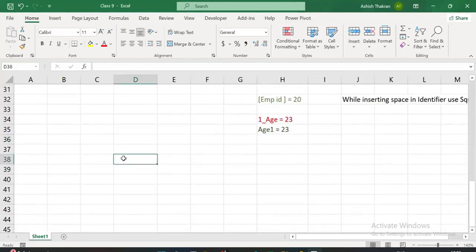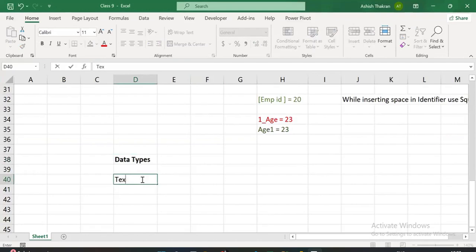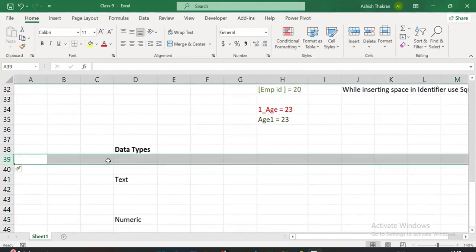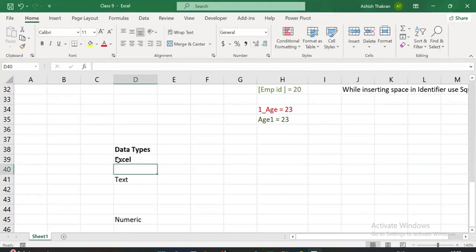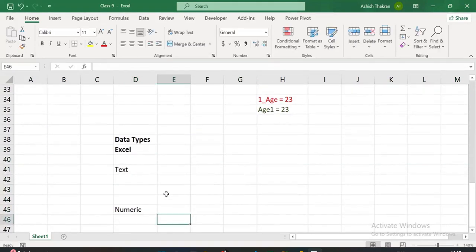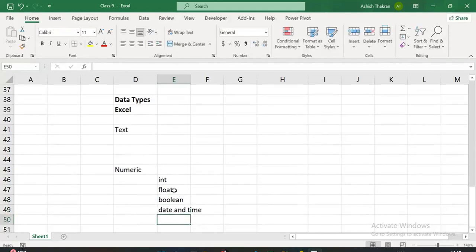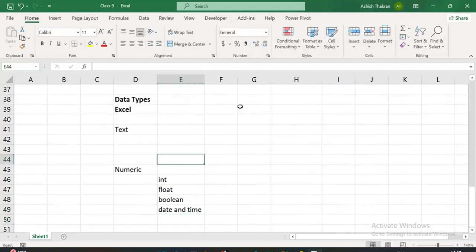Then coming to the data types in SQL. What all data types we have seen in Excel? Like major data types, text and numeric. Text and numeric, this we have seen in Excel. In the numeric, we had what? Integer, float, boolean. What else? Date and time. Now, if I talk about SQL,